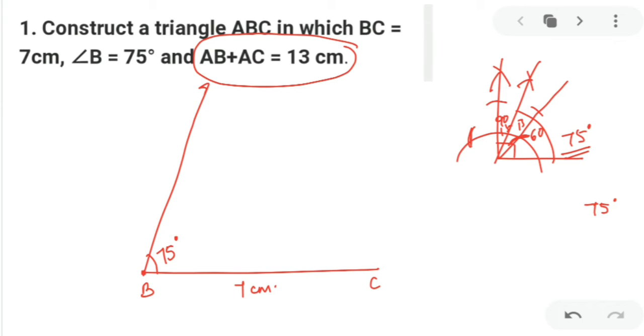what you have to do next is, it is given that AB plus AC together is 13 centimeters. So my dear kids, let me erase a little and write C here. Okay, AB plus AC together 13 centimeters. So at point B only, you have to measure 13 centimeters in your compass, and at point B make an arc of 13 centimeters. Got my point clear? You have to make an arc of 13 centimeters, the addition of AB and AC, taking it from point B. Okay, got my point clear? Name it as D if you want. Now join DC.